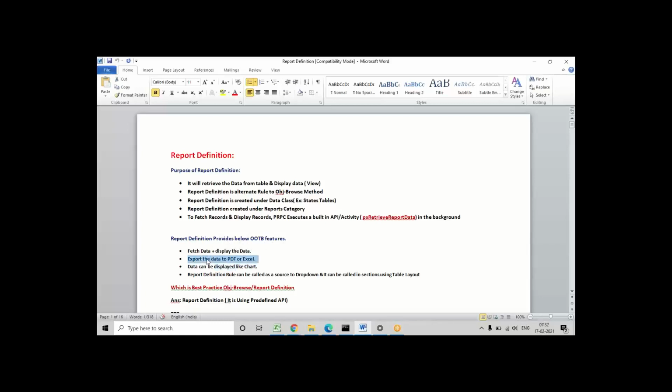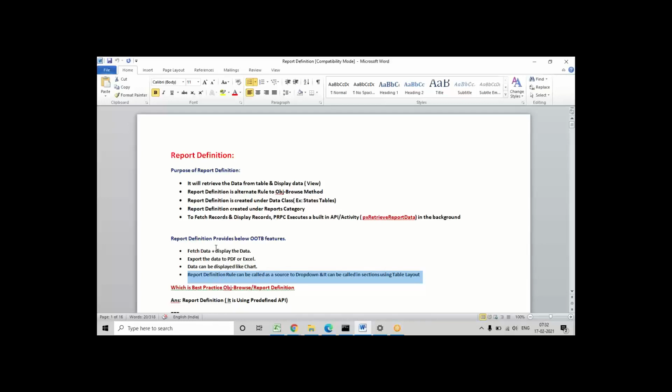See, this is also optional. Only fetch and display is mandatory, and the remaining are all optional. Finally, compulsory: if you are creating a report, we need to map it somewhere, like in the property source or in the layout source. It is compulsory, we have to map. Only fetching we don't do, right? So after fetching, we will compulsorily map, like obj, like clipboard page, after fetching we mapped it under the property source.